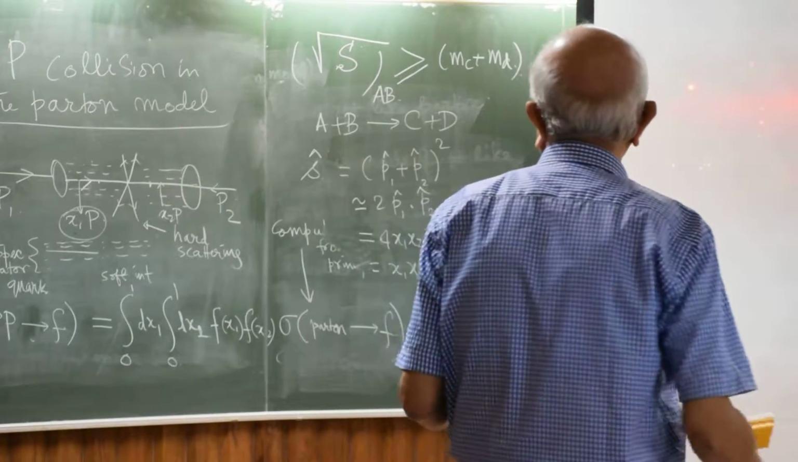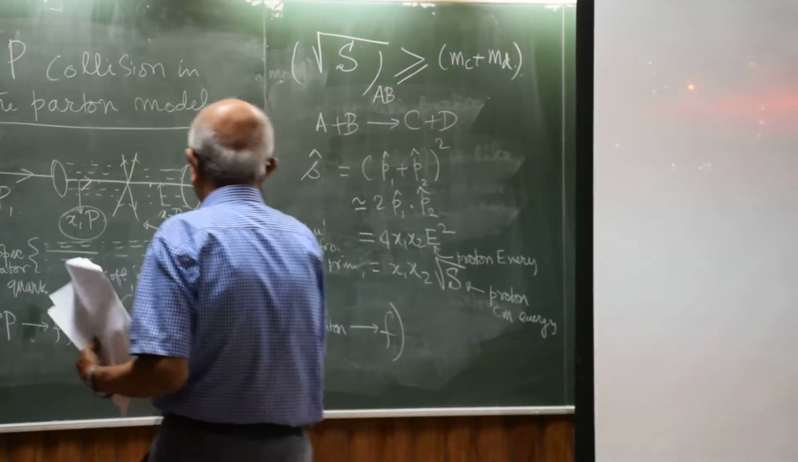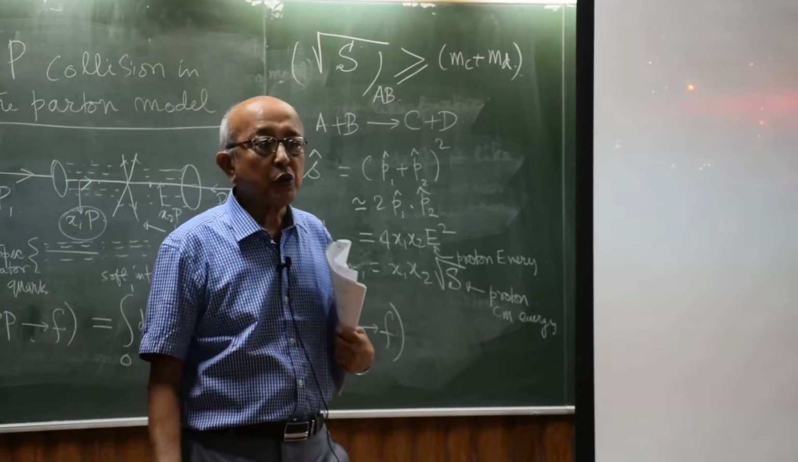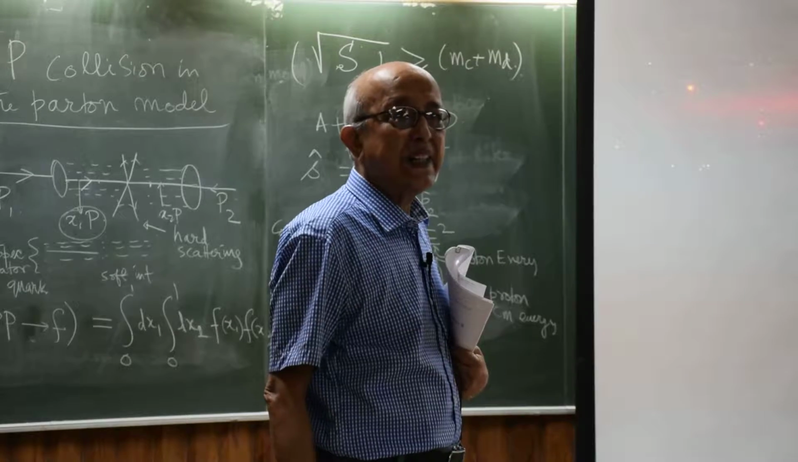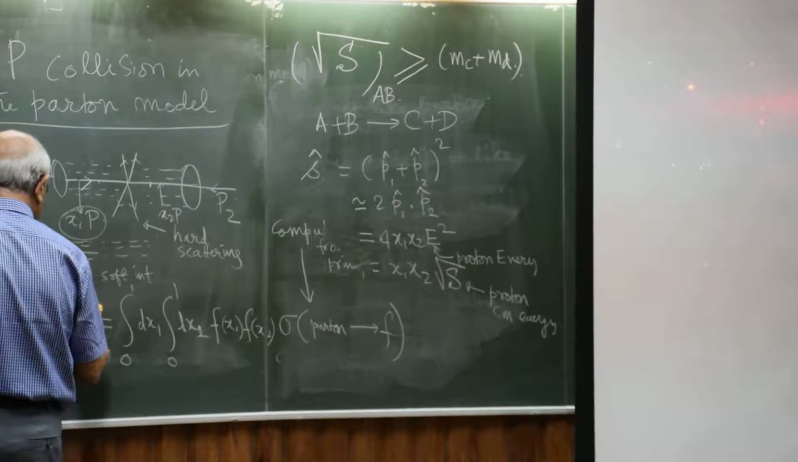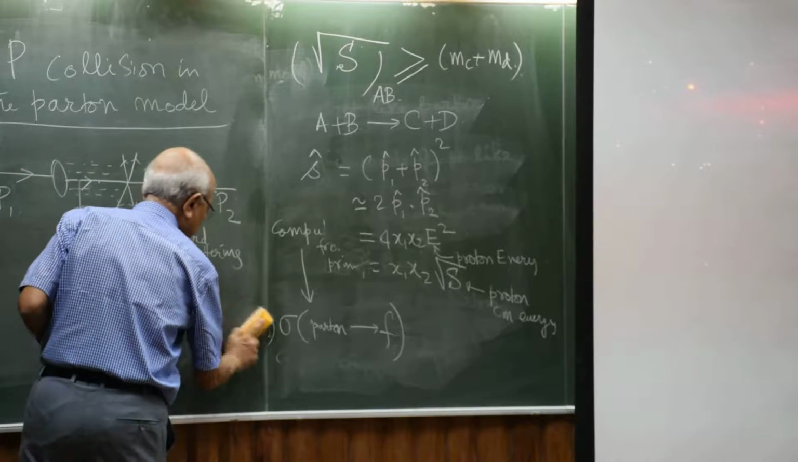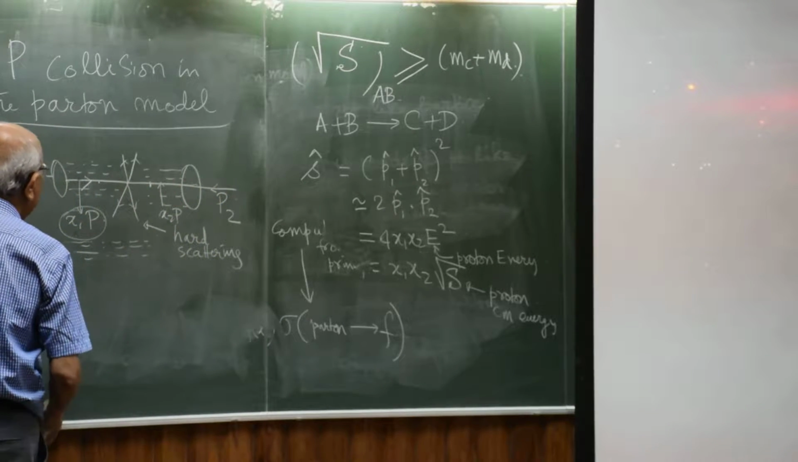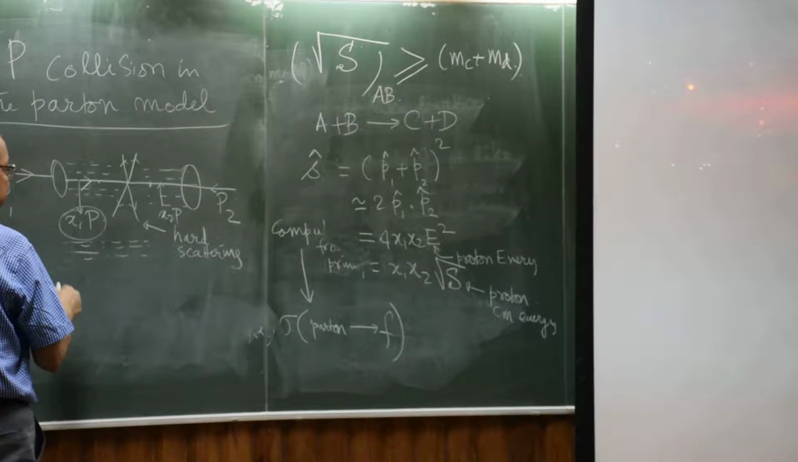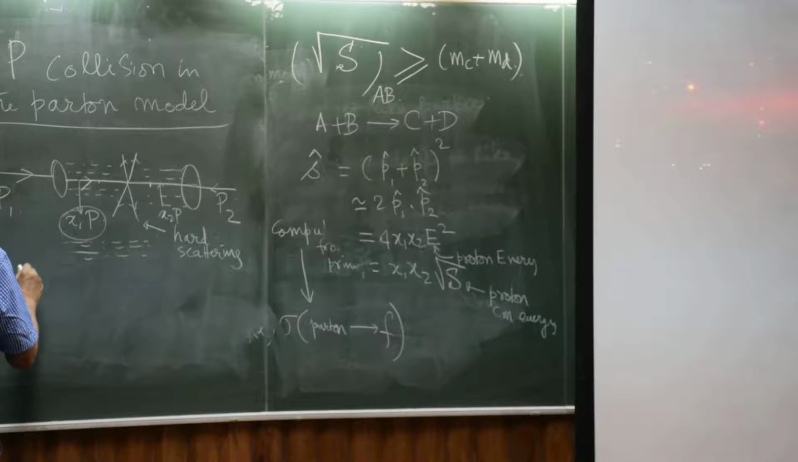Now suppose you are producing a single particle via this hard scattering, like the production of a W boson or a Z boson. In that case, these two objects scattered to produce a single particle in the final state. Then you have